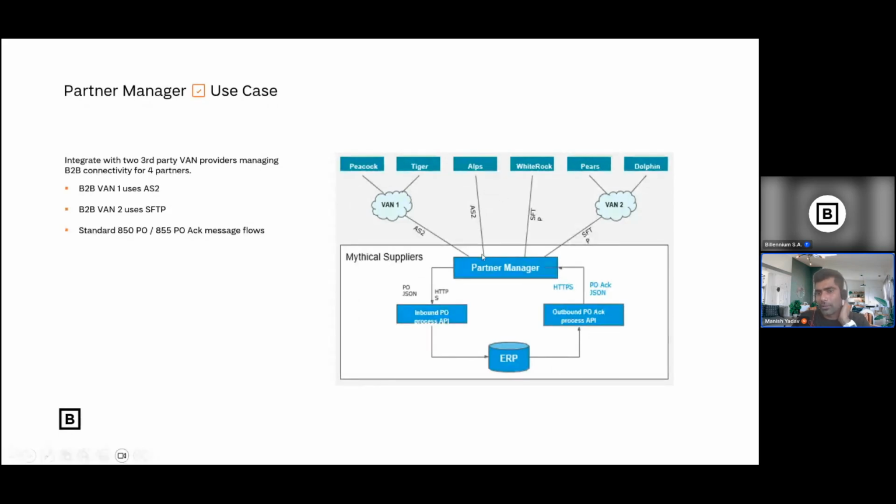But someone will ask why you are not using an experience API. There are different partners. This partner is dealing with CSV, this partner is dealing with something different. In that case you would need to create a different experience API for each. Why create different experience APIs? Let the partner manager handle it. Any question till now? I'll go to the chat again just to see.